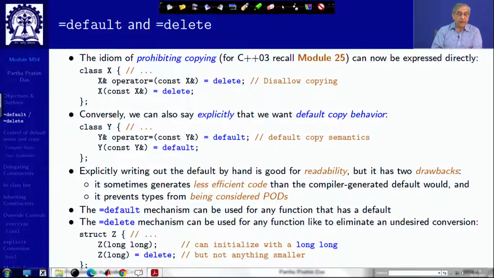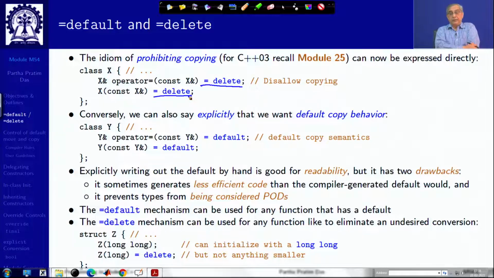In the C++11 delete feature, the equal-to-delete function feature, all that you can do is simply write the signature of the function and put = delete, which means this function will be known to the compiler, but the function will not be provided by the compiler. This function cannot be used. As simple as that. Delete says this function is prohibited to be used. This function is a member of the class. This function will be used to resolve overloading and all that. It is as if it exists in every possible way, but it cannot be